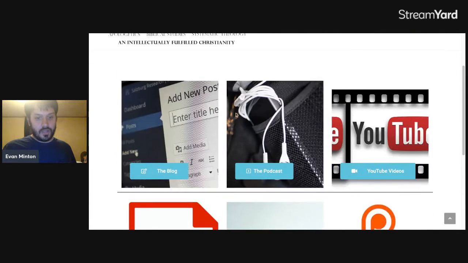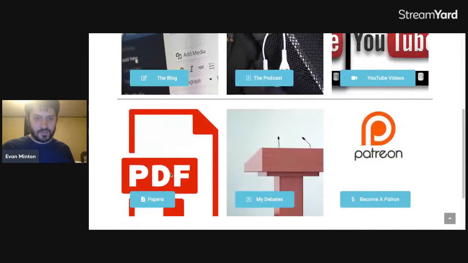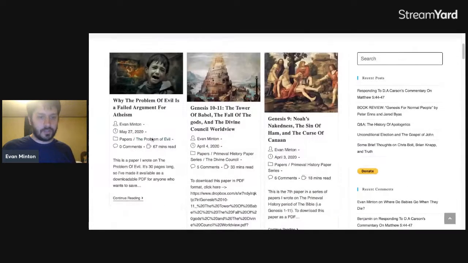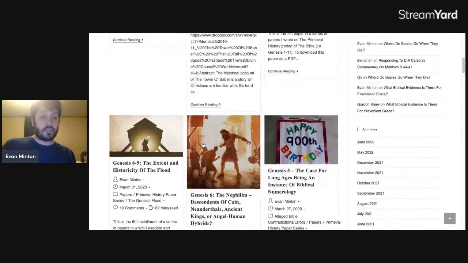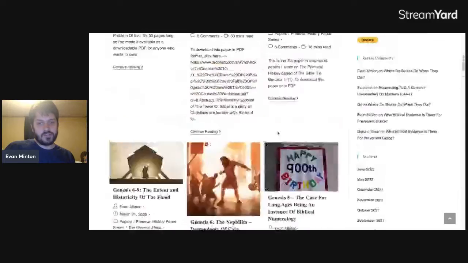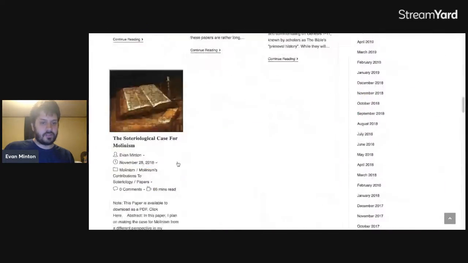And so, oh yeah, these are like the 3 main pages, but there's 3 other ones. If you want to see all of the essays that aren't just regular blog posts, you would go here, where I have these rather long essays that you might want to make sure you have some time to sit down and read, like my Primeval History series, why the problem of evil is a failed argument for atheism,